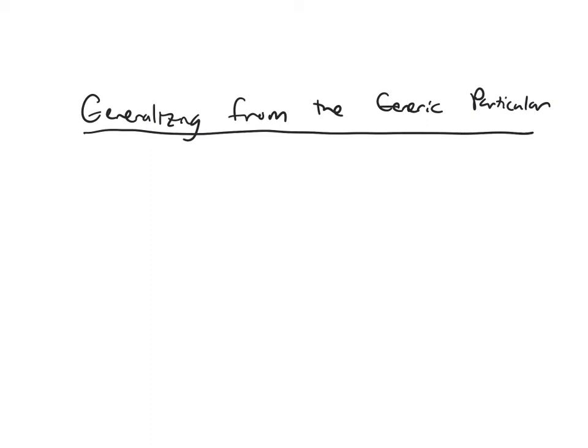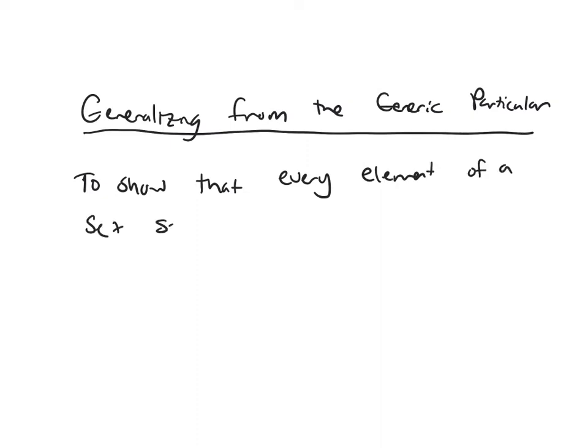So now we're going to talk about generalizing from the generic particular. So to show that every element of a set satisfies a certain property, you're going to suppose